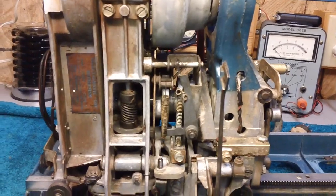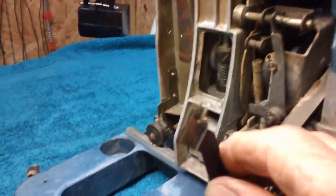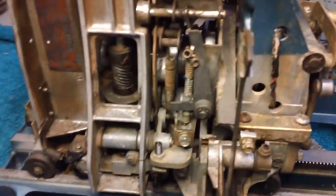Well, we have been successful today so far. The record rack is now off, and that little arm, let me see, that little arm that had the little hook that catches the records. I want you to see this. This is kind of neat. It just looks like a little